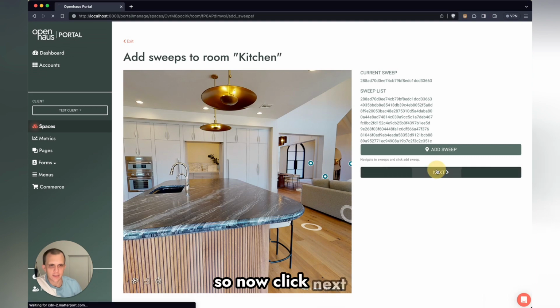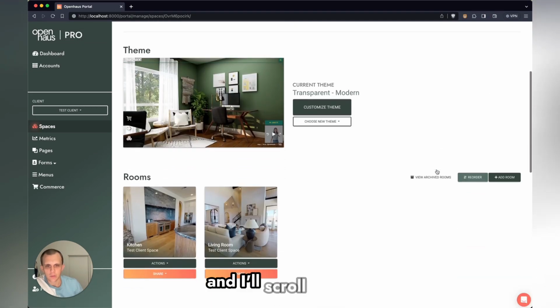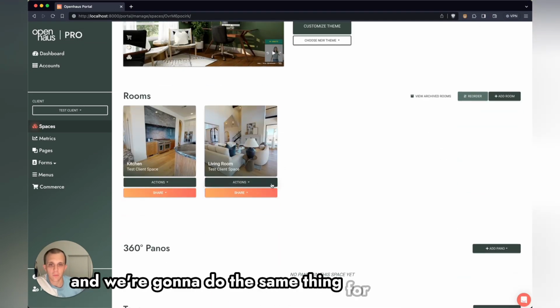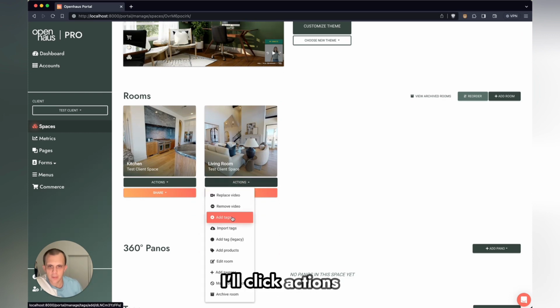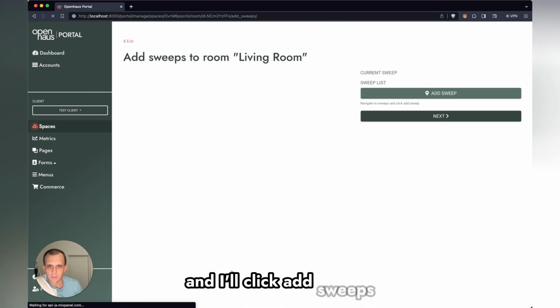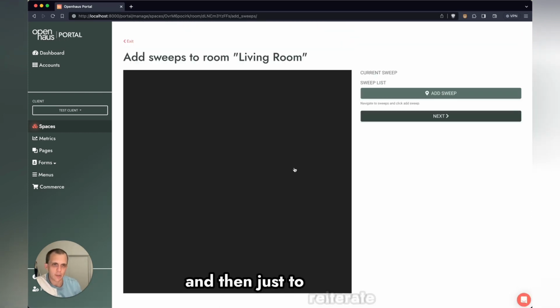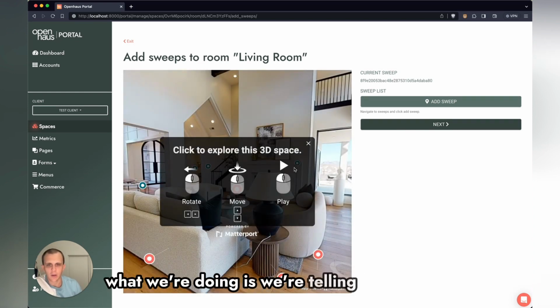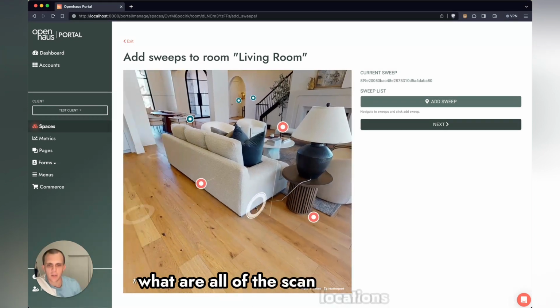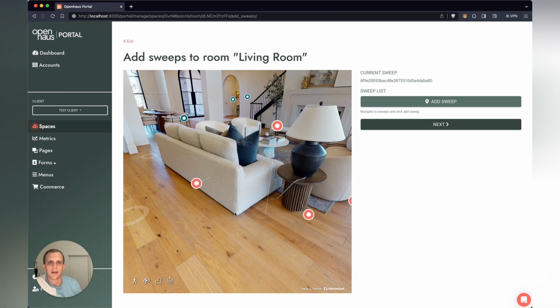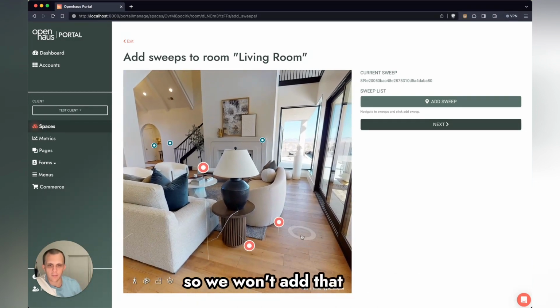So then I'll click next, and I'll scroll down, and we're gonna do the same thing for the living room. I'll click actions, and I'll click add sweeps. And then just to reiterate, what we're doing is we're telling Openhaus what are all of the scan locations that belong to the living room. So I added this one to the kitchen, so we won't add that one, but I'm just gonna walk around